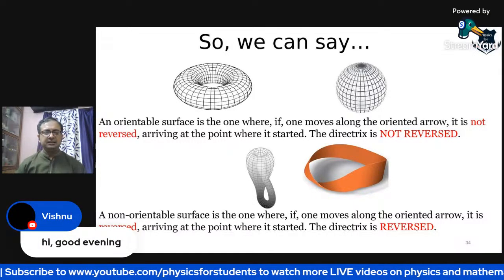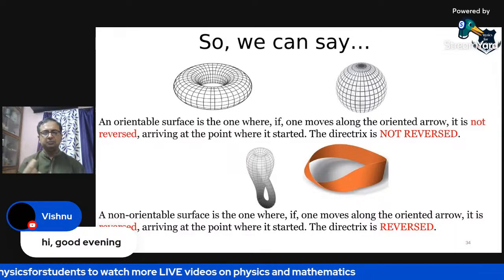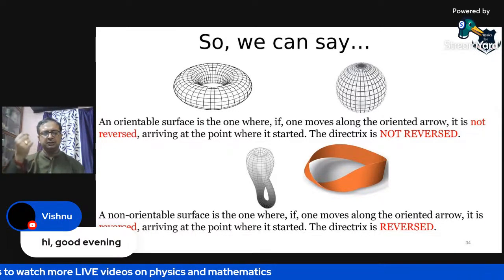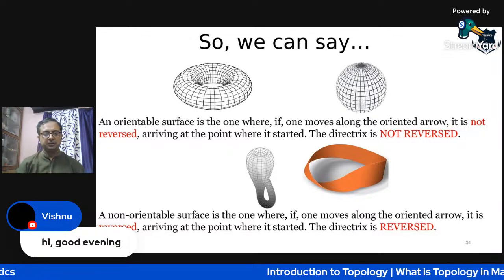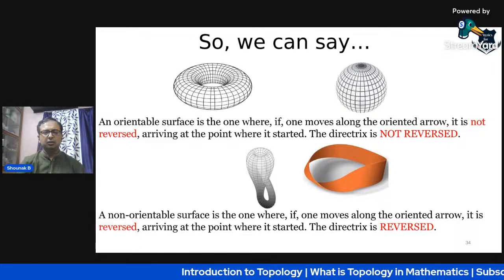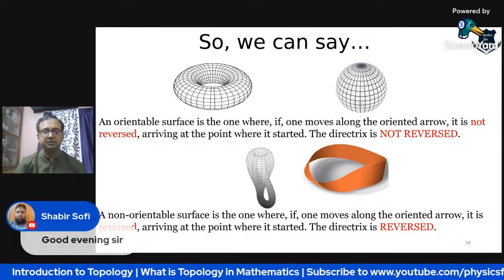So we can say that an orientable surface is the one where, if one moves along the oriented arrow and arrives at the point where it started, the directrix is not reversed. And in the case of a non-orientable surface,